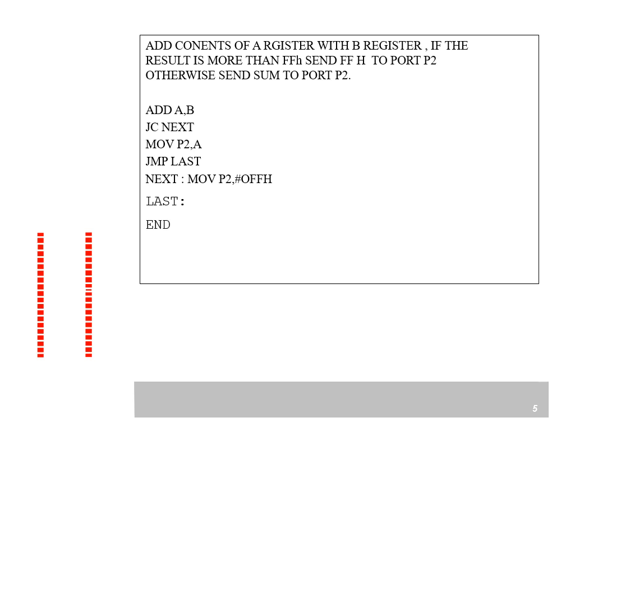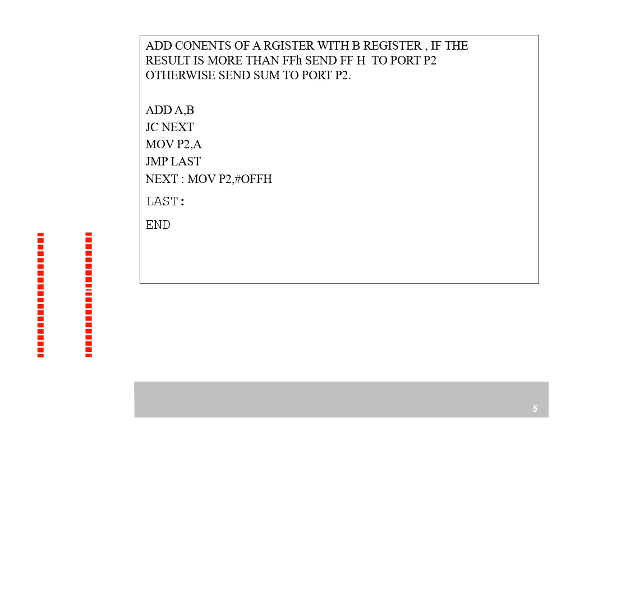So if carry flag is 1, FF is going. If carry flag is not 1, what we want to do? Means the result is less than FF, you want to send the sum to P2. So move P2 comma A, jump last. This is an unconditional jump, right?